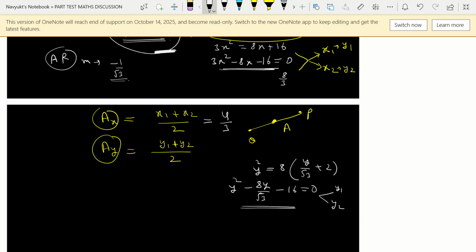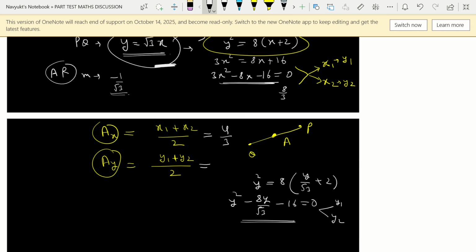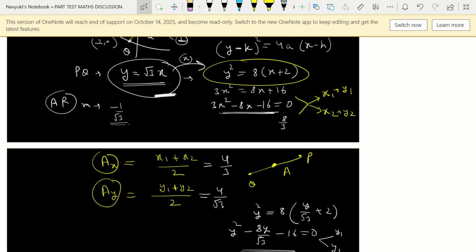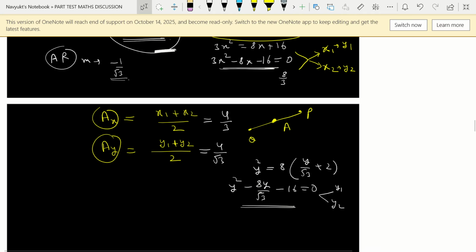Their sum would be minus b by a, which is 8 by root 3. Divide by 2 will give 4 by root 3. I hope this was clear. And from here, it is very easy because we have point A as 4 by 3, 4 by root 3,